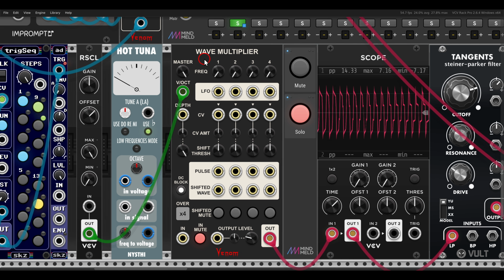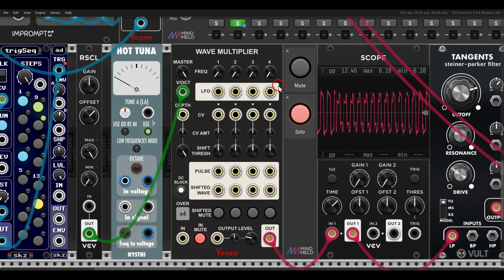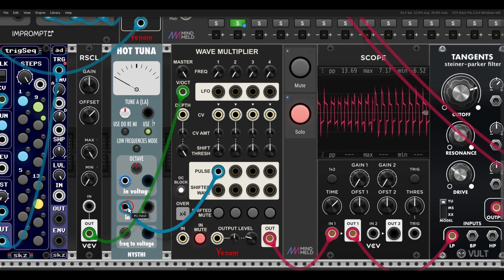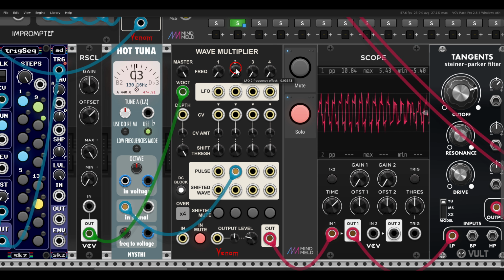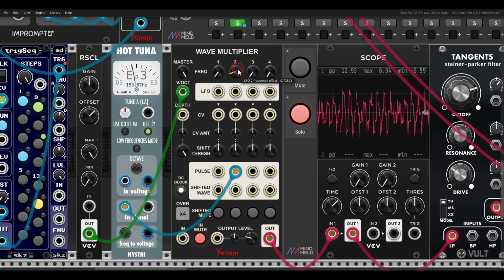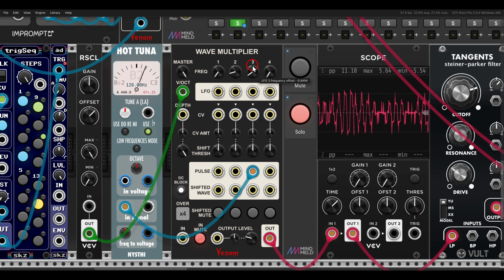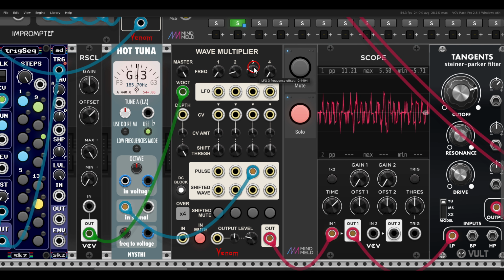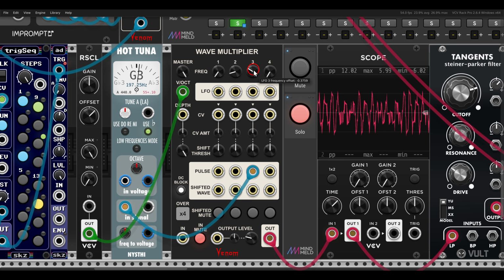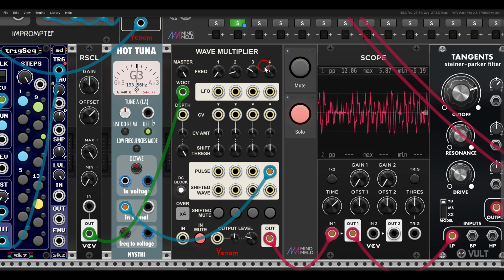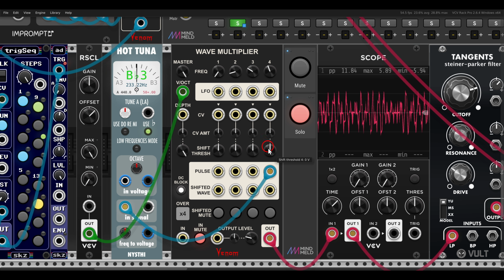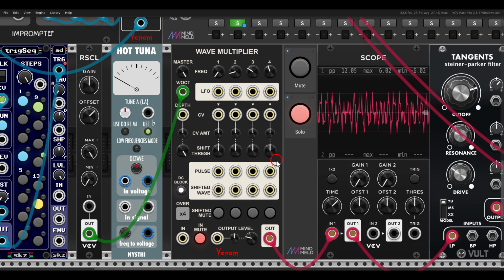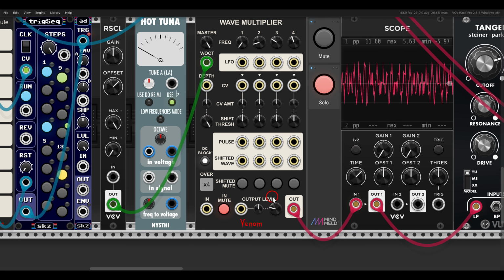But now, again, since we have 4 channels, we can create a 4-note chord. So for example, the first one, I'm using a tuner here, is tuned to C. The second channel we can tune, let's say, to E flat. And then the third one, let's say, to G. And then the fourth one to B flat. Right? And we get a 4-note chord that we can again sequence with volt per octave, or we can use also the output level here